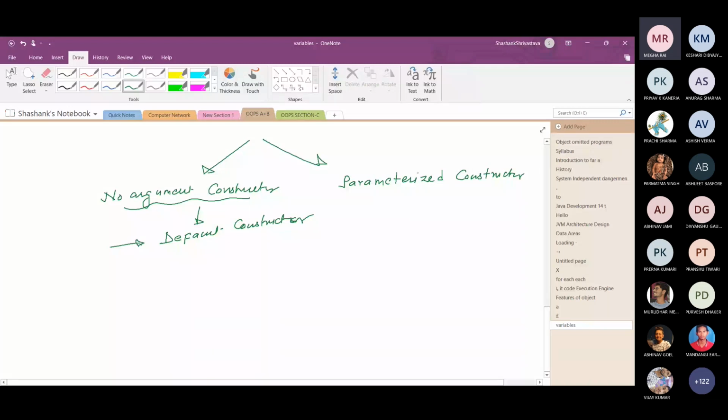Okay, now I go again to the program and show you how we can create our own constructor in order to initialize the object. Constructors are used to create and initialize the object.